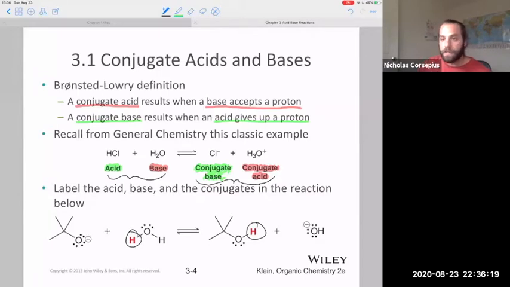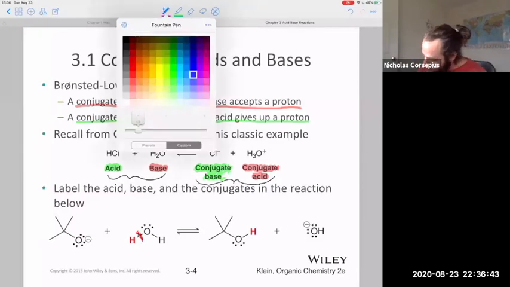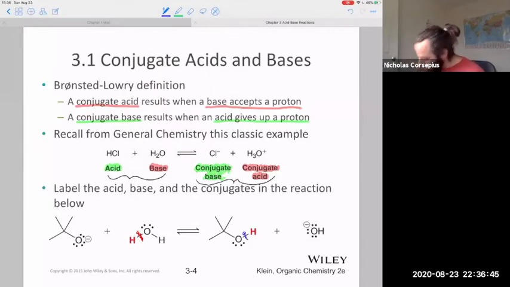I guess one of the things that I should have said, the basis of all chemical reactions are bonds being broken and formed, right? So when we're looking at a chemical reaction and we're trying to identify what's happening, we want to figure out which bonds are being broken and which bonds are being formed. Okay, so I see this red hydrogen is switching places. That means that this bond right here is being broken, and this bond right here is being formed in my